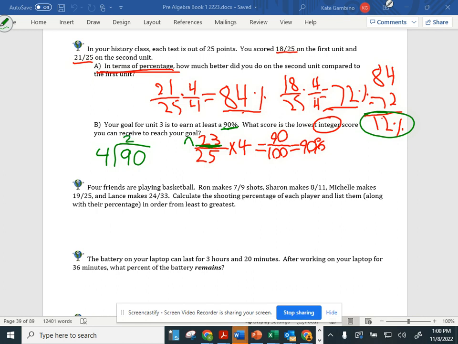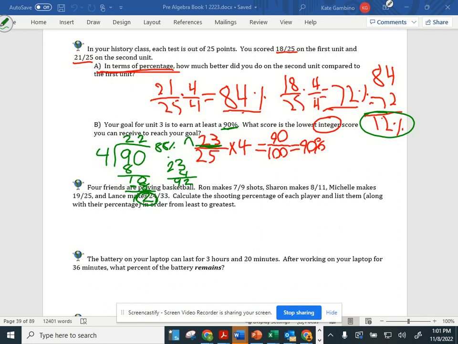4 goes into 9 2 times. 4 goes into 10 2 times. And I had some people that said, oh, 22. But there's a remainder here. So that remainder says, oh, it's not going to quite get me all the way to that 90. So I need to go up one more number, because 4 times 22 was only 88. Then I can say, oh, let me try 23, because 22 was just shy of it. So then that would get me to my 92, which is as close as I could get to 90